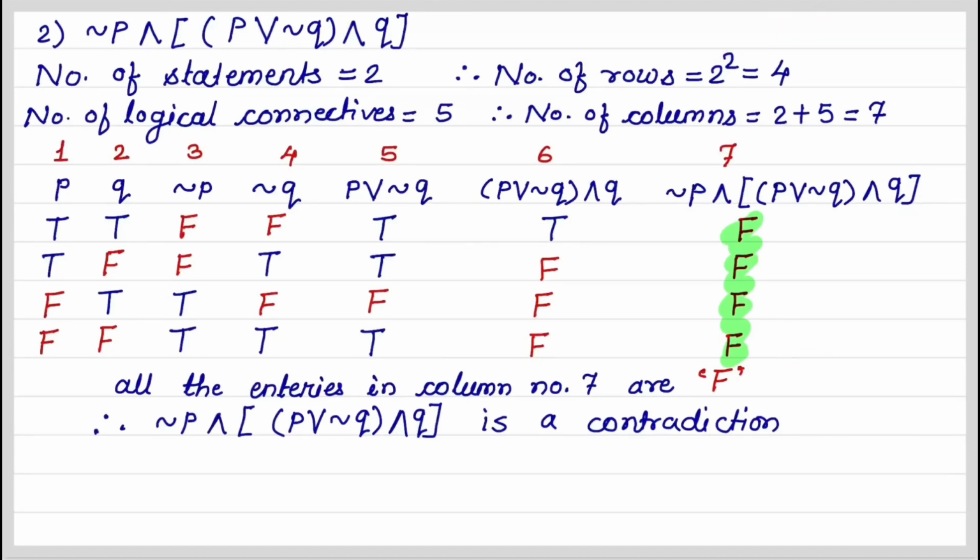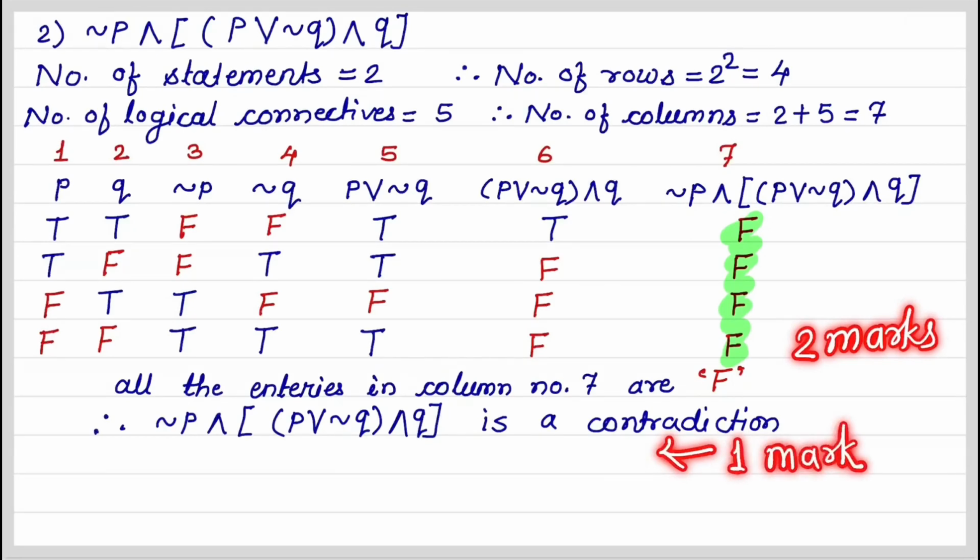Again, this question is for 3 marks. Truth table carries 2 marks and last conclusion carries 1 mark. Next example,